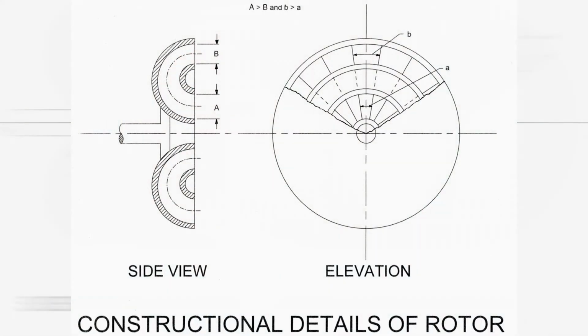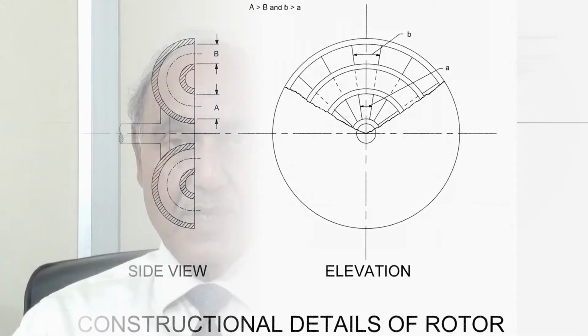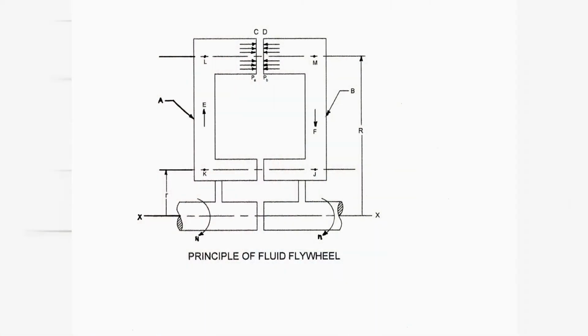In the previous episode, that was Fluid Flywheel Part 1, I talked to you about the fluid flywheel and its principle of working. I talked about the two rotors that were mounted on the engine shaft and the gearbox input shaft. These rotors are provided with passages which have uniform cross section and they are semicircular in shape. The engine shaft and the gearbox shaft rotate but not with equal speed. The fluid, which is in the form of liquid, flows through the passages provided in the rotors.